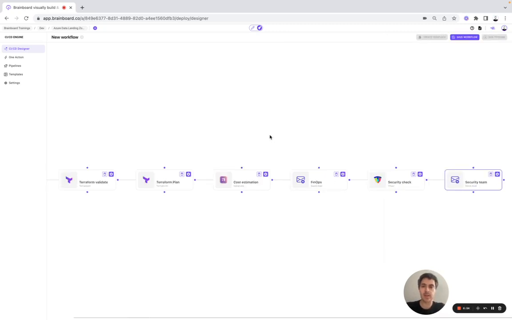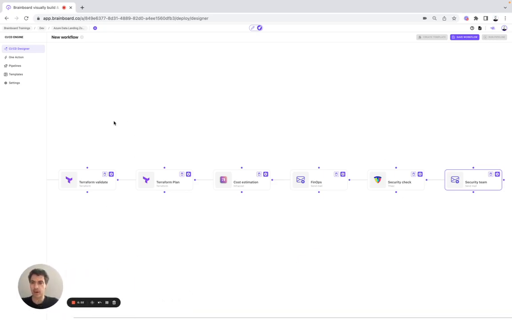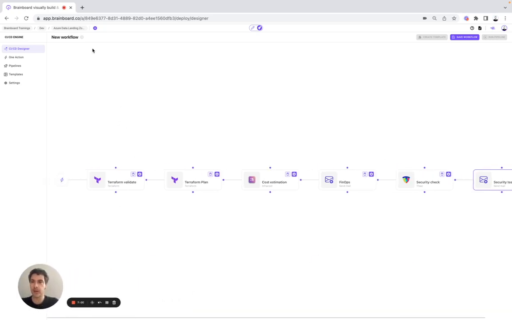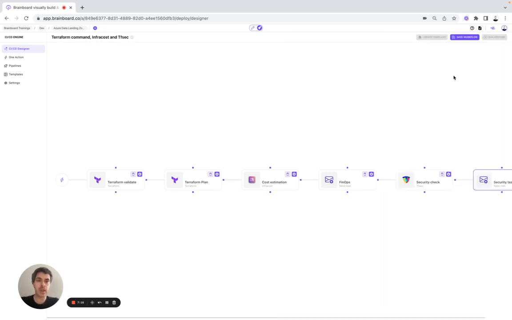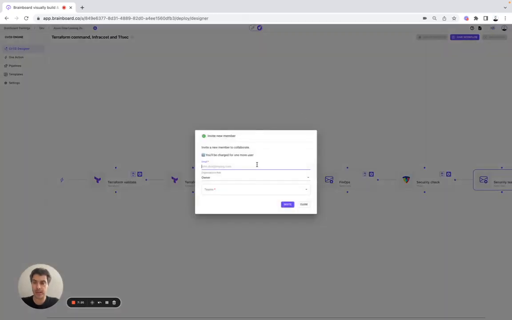Here we can close it. So now, as you can see, we have designed our own workflow. So here we can give it a name. So here, Terraform command, here, infra, and tfsec. Here, as a quick reminder as well, of course, you can invite your team members to join the organization